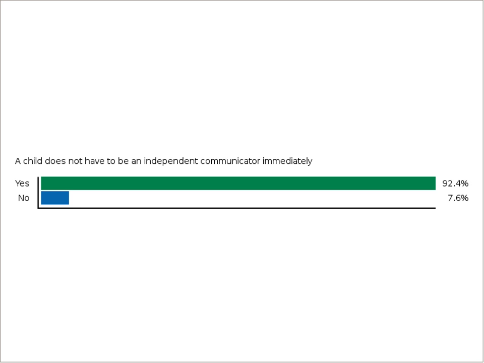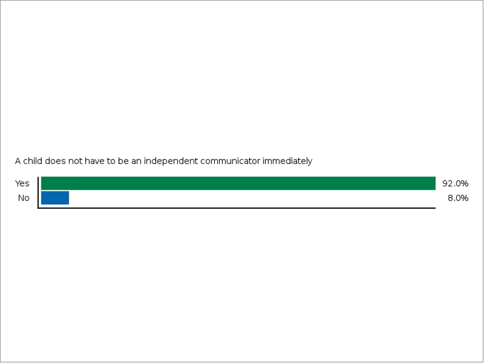So modeling is a very important aspect in learning how to communicate verbally and also with AAC. We don't expect that children that eventually develop verbal speech, that they're just going to learn it on their own. They're not going to be independent right away either. So we have to think about normal development the same way with using AAC, is that these children need models and they need the opportunity to learn, and we're the ones that have to teach them.